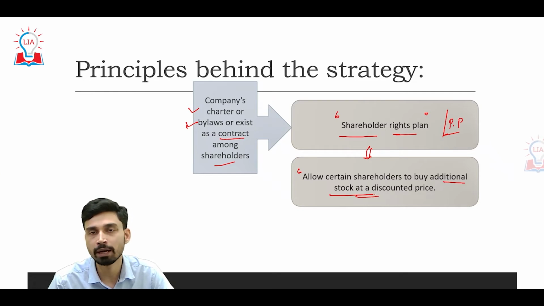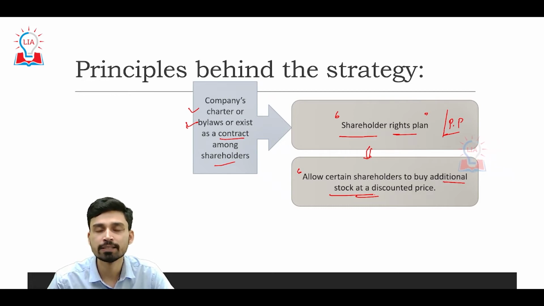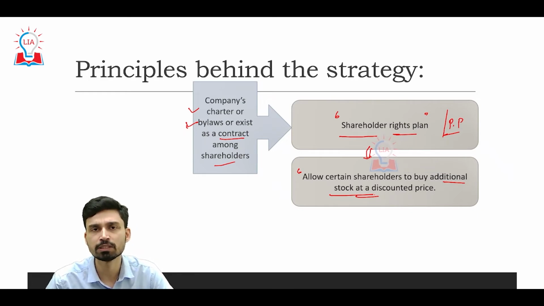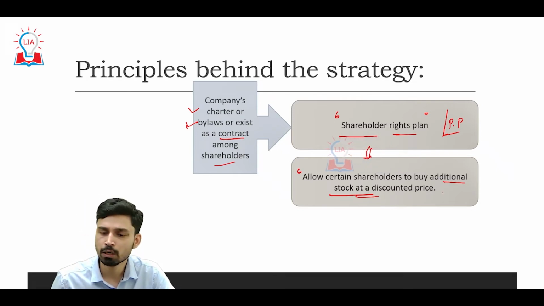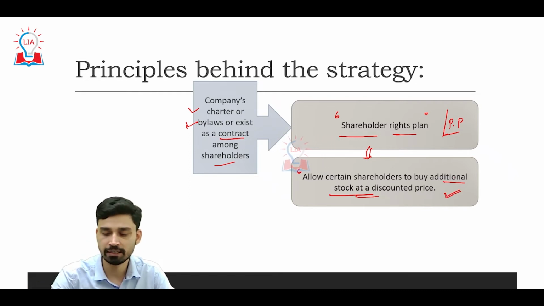at a discounted price. Now keep in mind that the person who has initiated, or who has actually caused the trigger of the poison pill, is not allowed to buy shares of the company. For example, if you look at the Twitter case, since Elon Musk is the reason why the company has to implement the poison pill strategy, Elon Musk will not be allowed to buy any shares,